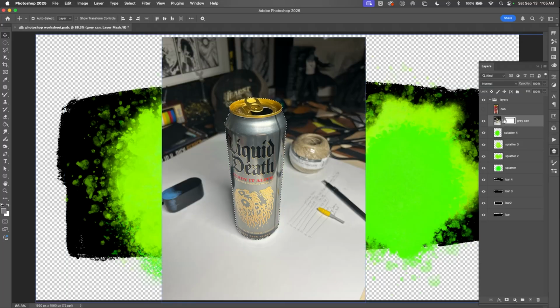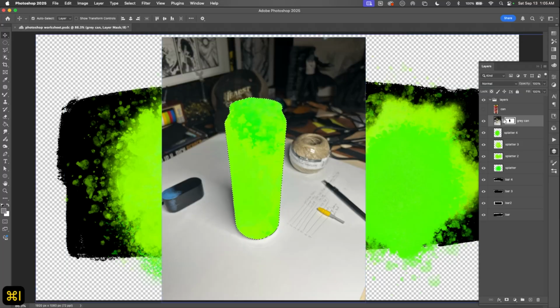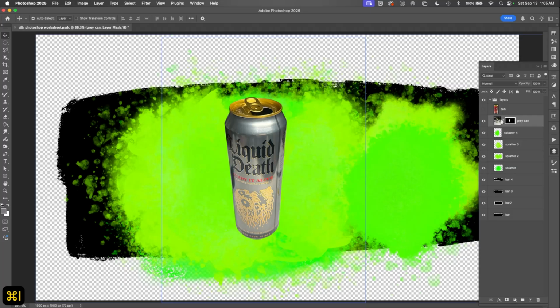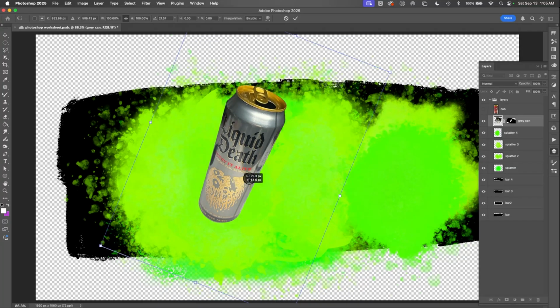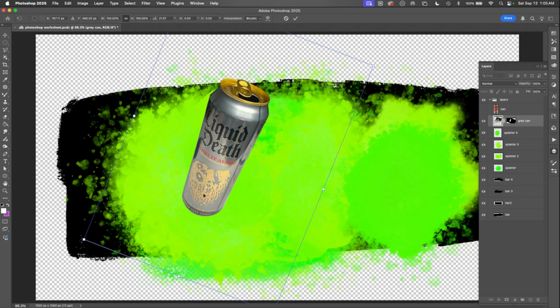Or I could Command I here, which will invert the selection, right? And then I'm going to press Command D to deselect that. I'm going to press Command I to invert the entire thing. So what was white is now black, okay? Either way, we now have a can, and it doesn't have a background, okay? So that's great. Okay, so those are some basics of the layers panel and kind of masks and how to